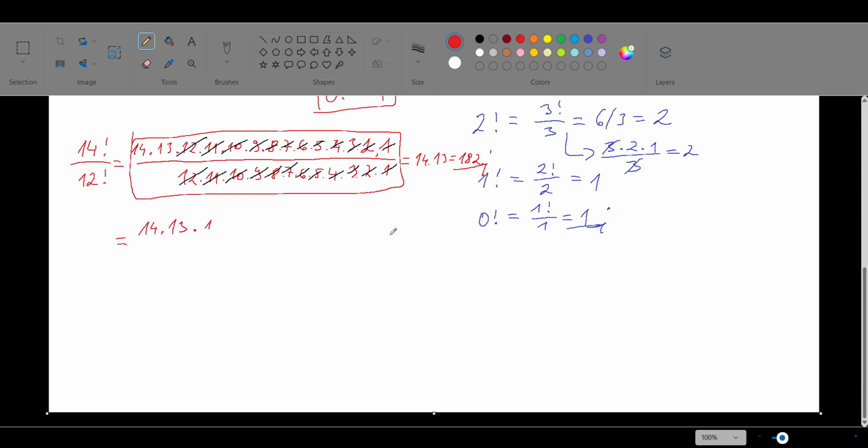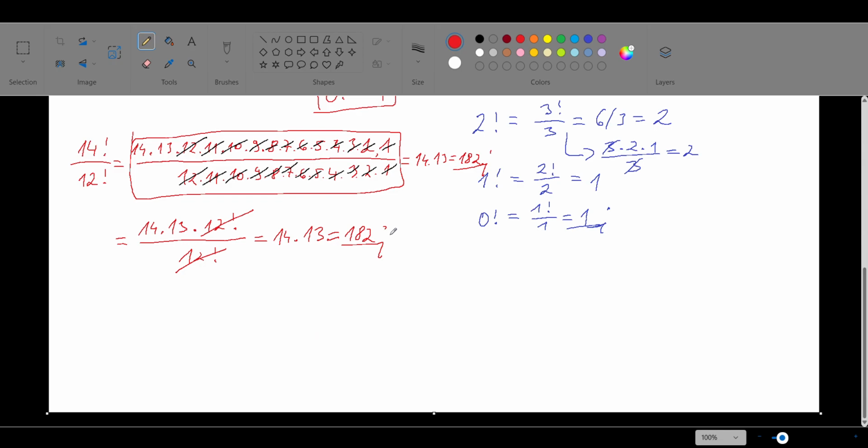So it means it's 14 times 13 times 12 factorial over 12 factorial, and as you already know, these are the same numbers, so this fraction, even with factorials, works the same way as with, let's say, normal numbers, but factorial is also a number, so at the very end it's really a normal number. So 12 factorial over 12 factorial will cancel each other, and again you will get the result 14 times 13, which is equal to 182. Okay,